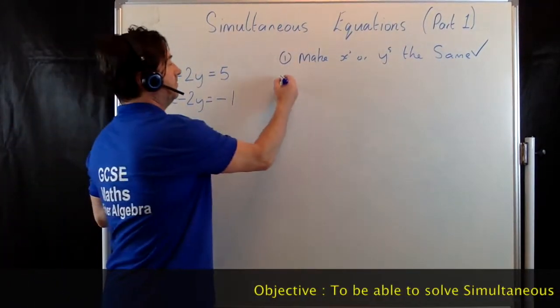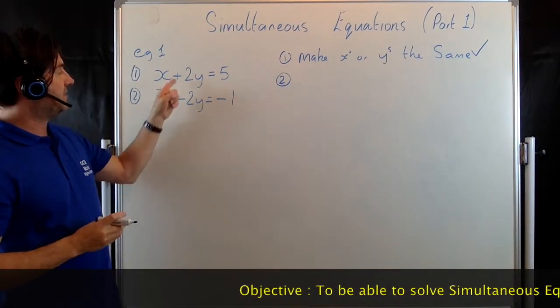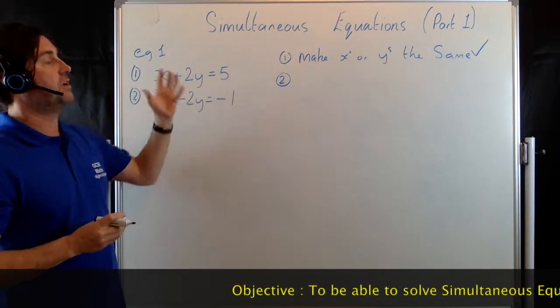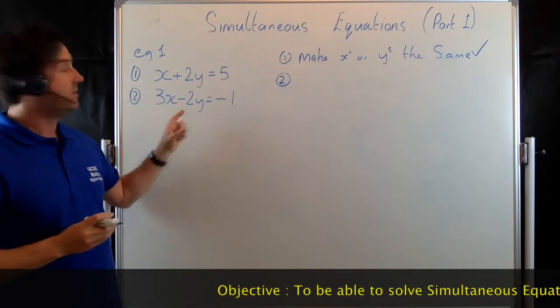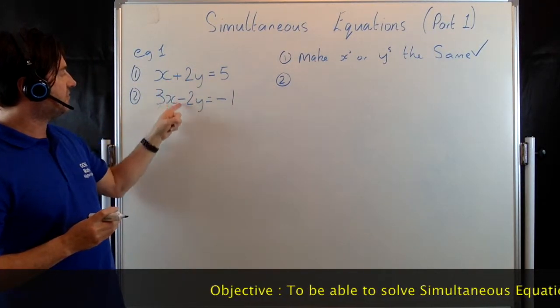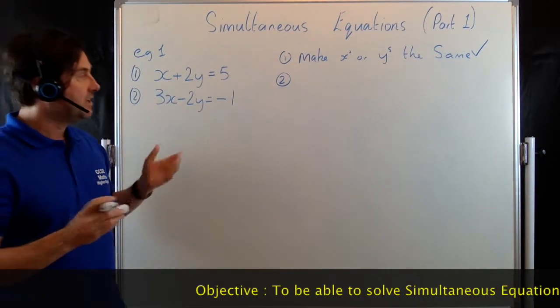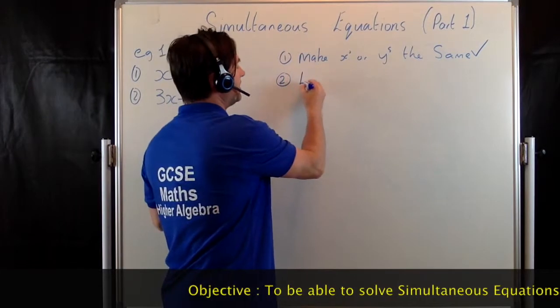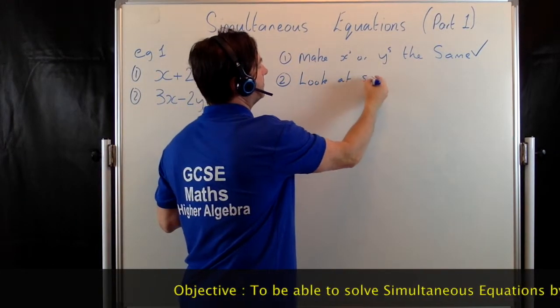Part 2. We need to look at the signs in front of the term that we've made the same. If we assume we've made the y's the same, look at the sign in front of this term. This is a positive, this is a negative. And then I'm going to write down here, look at the signs,